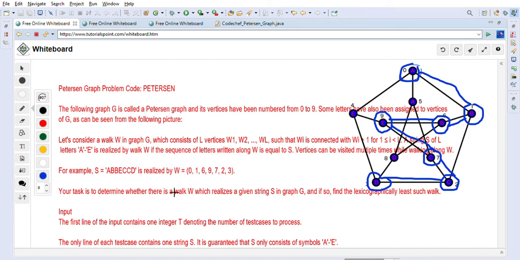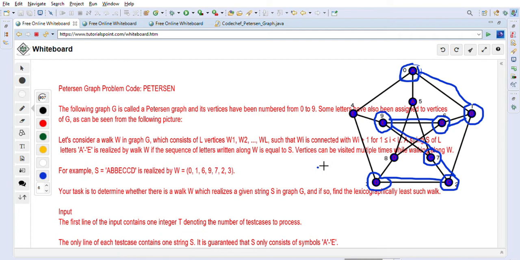And we have to specify that path here: 0, 1, 6, 9, 7, 2, 3. So this is the way we can do a walk in this graph.